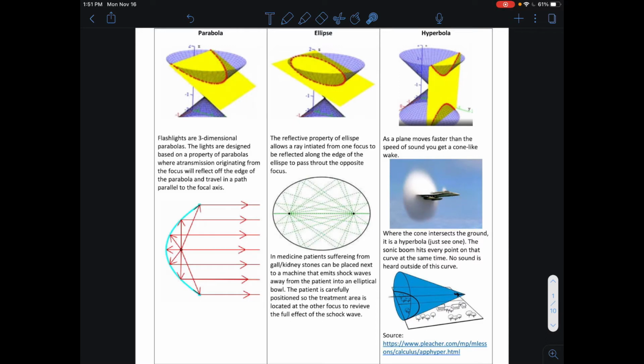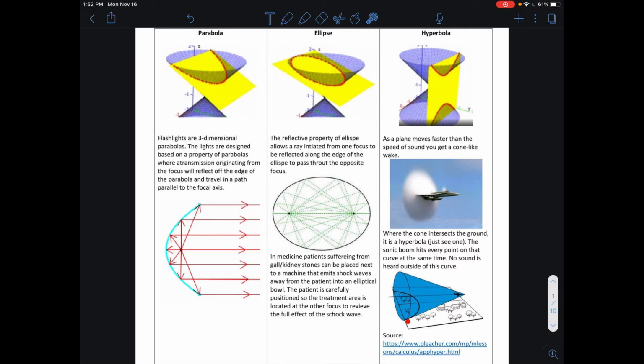When airplanes break the sound barrier, you get that loud boom. The interesting thing is that this cone of the sonic boom, where it can be heard, and where that cone intersects the ground forms a hyperbola, and we only see one side because the boom isn't necessarily in front. We're looking at the one behind it. Every single point that lies on this curve or inside of that curve will hear the sonic boom. Everything that is outside of that hyperbola will not hear the boom when the plane breaks the sound barrier, which